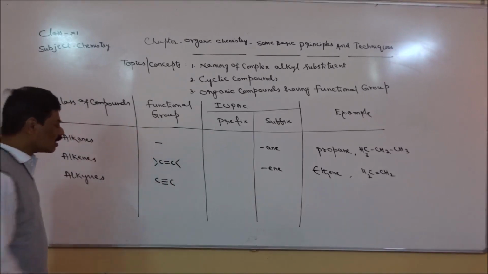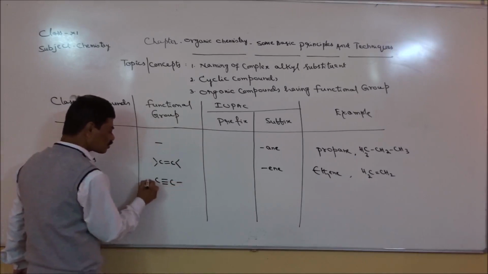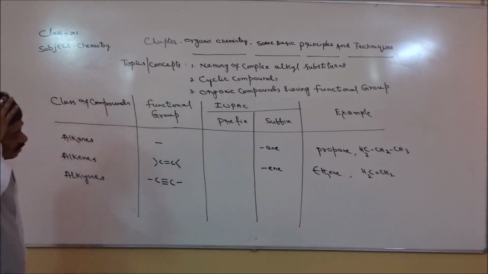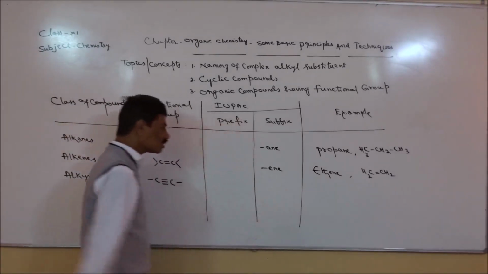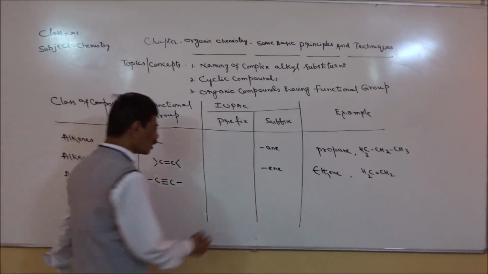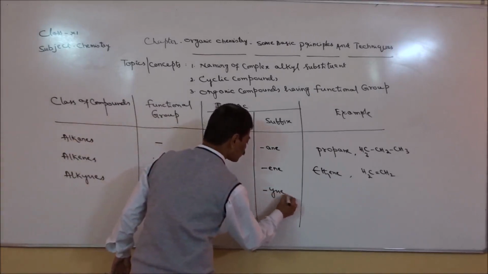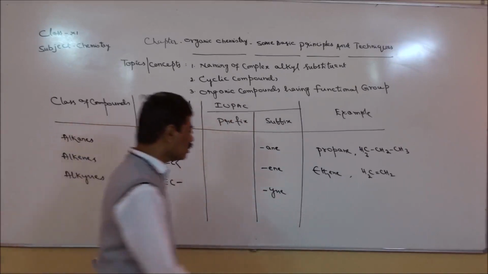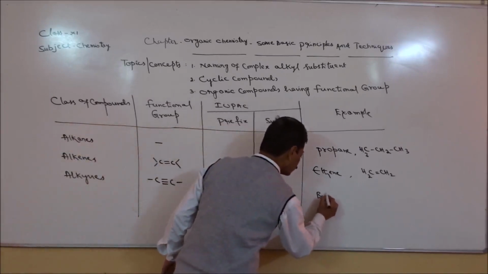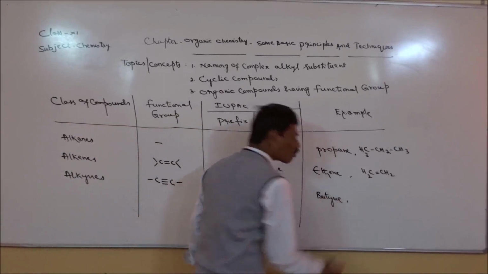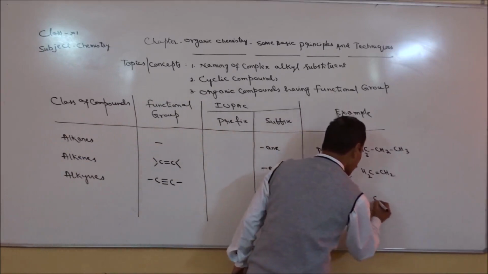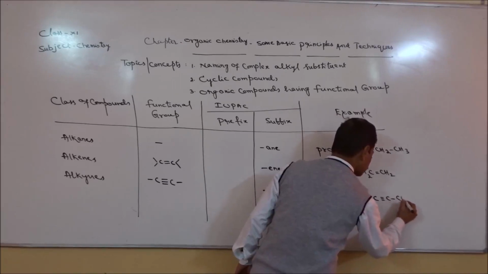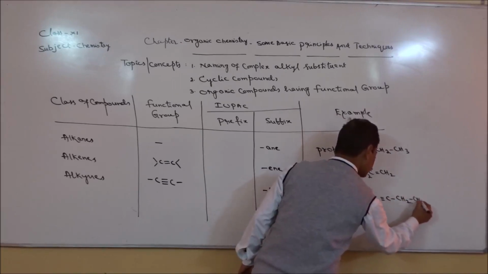Right? To satisfy the valency after and before the carbon atom, one bond each is added. And its name ends with ene. Ene means alkene. Here, alkynes, so the name ends with yne. And the best example for this is butyne, propyne, hexyne, pentyne, and so on. So butyne should have four carbon atoms.